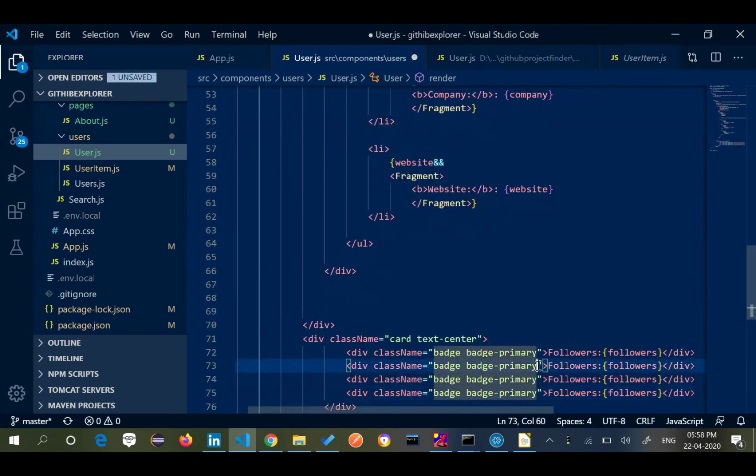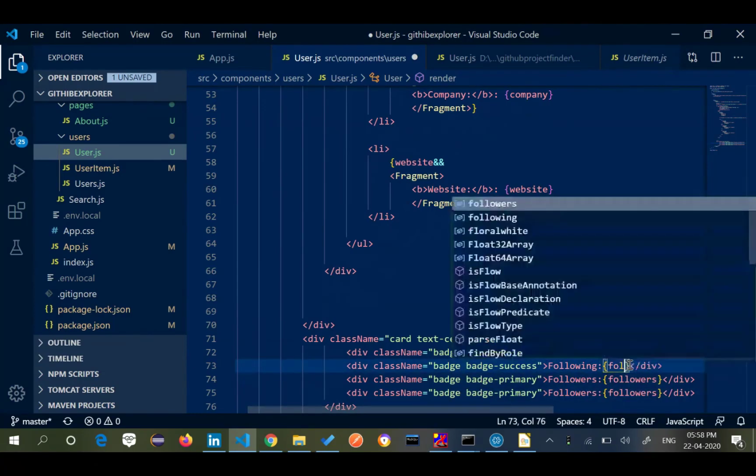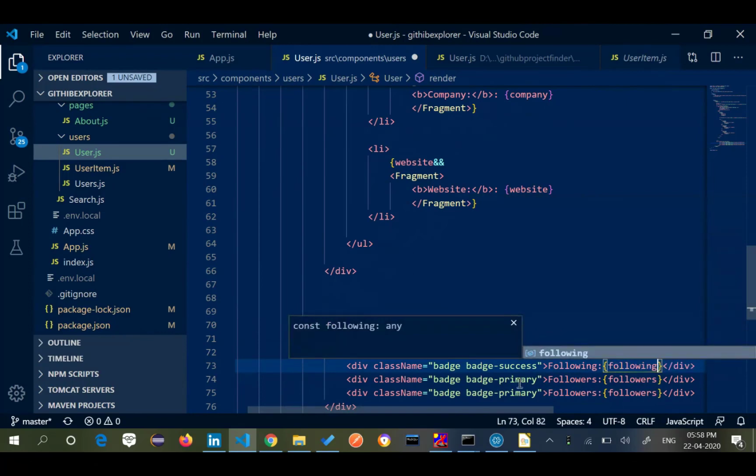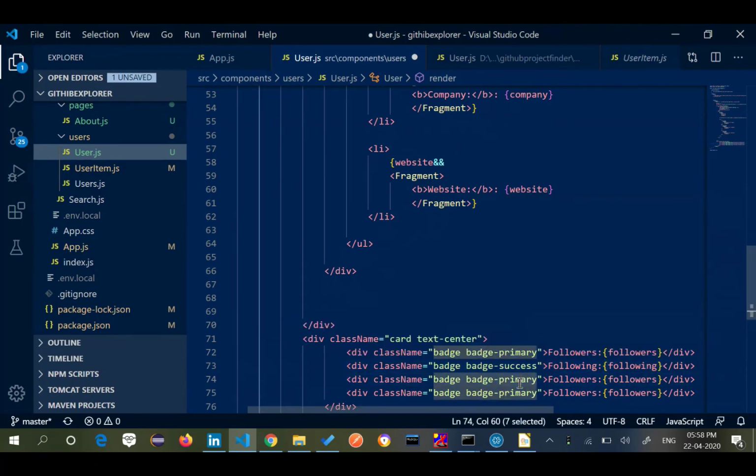So badge. I've got different colors. So followers, following. Then we have public, so I'll say danger, and I've got dark. There are different colors available. So followers and following is done.